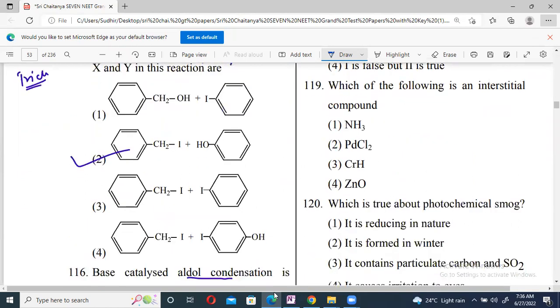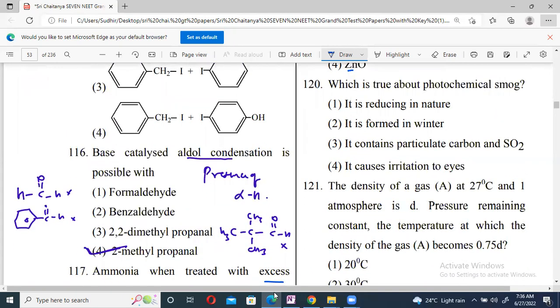119. Which of the following is an interstitial compound? But a d-block element should be there. Pd is there, chromium is there, zinc. Zinc oxide means stoichiometric. CrH beta. This is an interstitial compound. That is, smaller size elements like hydrogen, boron, carbon can be adsorbed on the surface of the